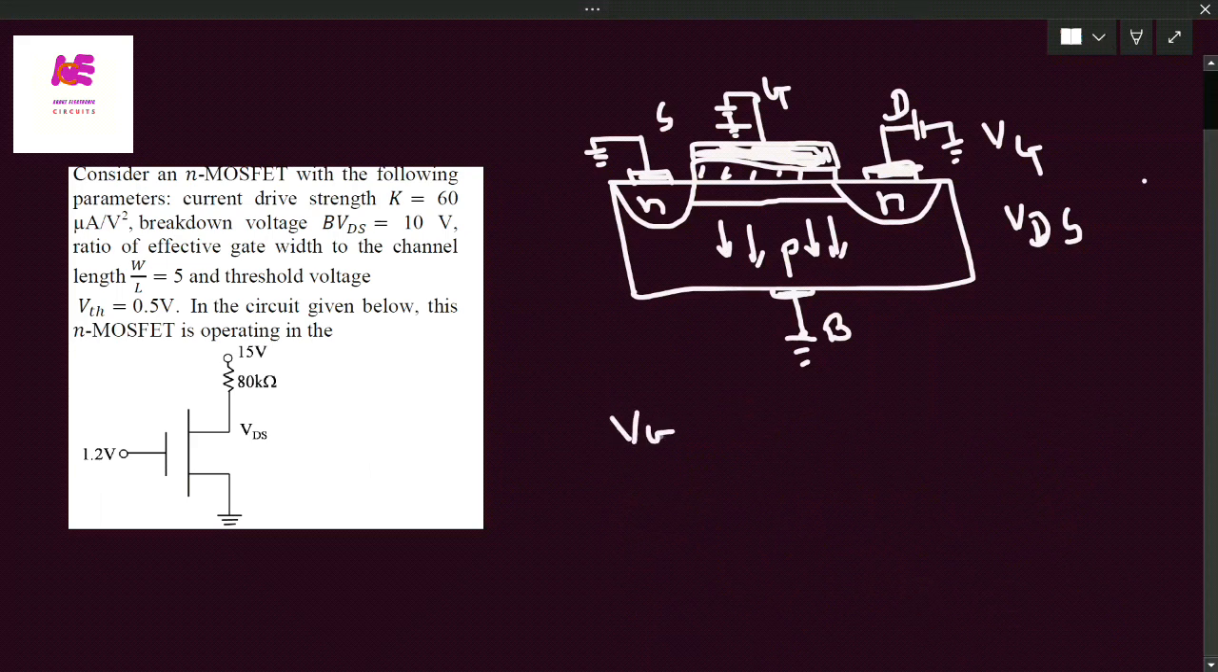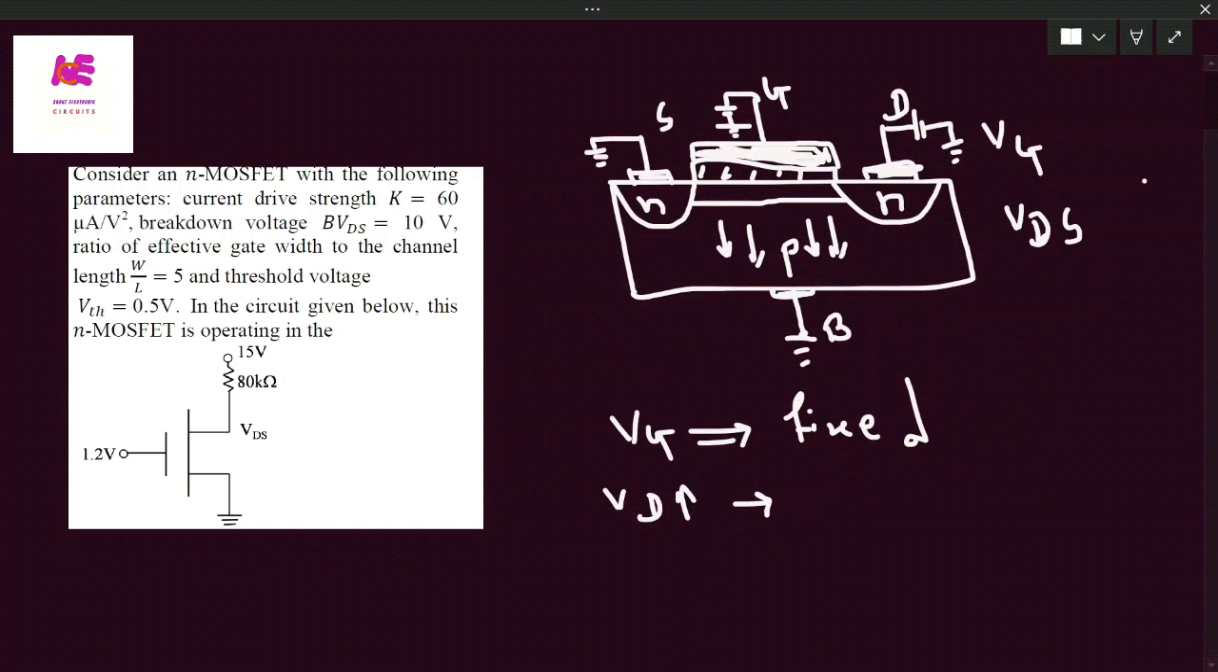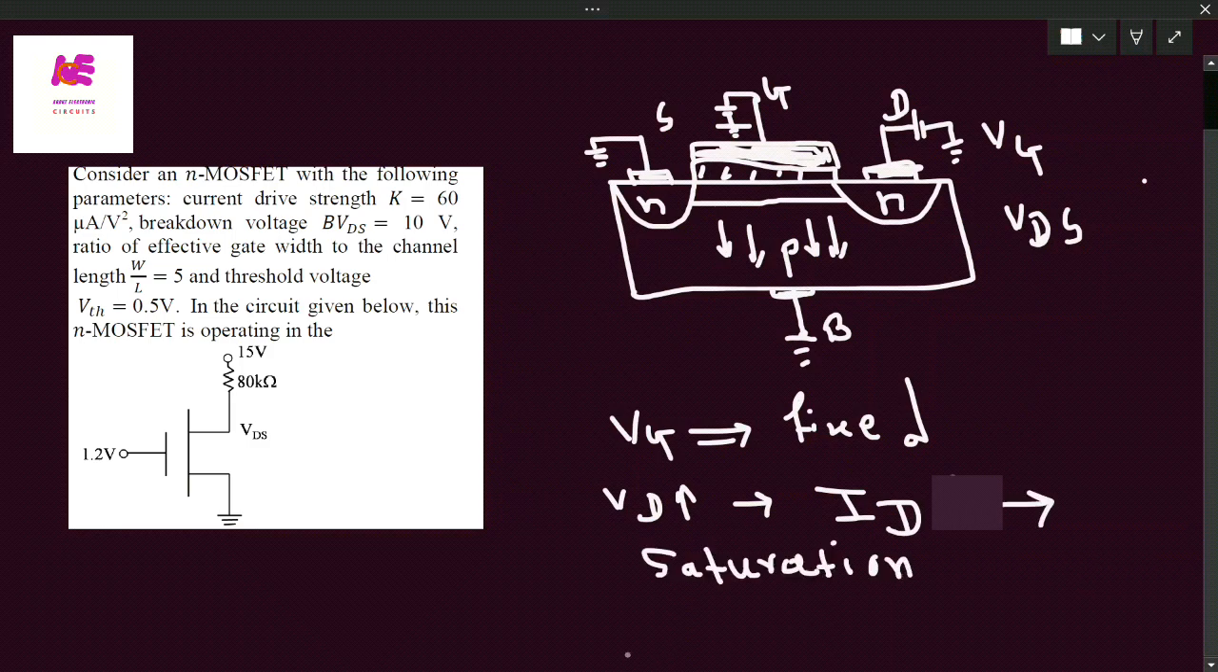At a particular point, VG is fixed now, and if you increase the VDS voltage, I mean to say the VD voltage, from a small value to the maximum value, or we can say at a certain point, here the maximum current will flow, that is nothing but the drain current. So after a certain point, or at certain VDS,